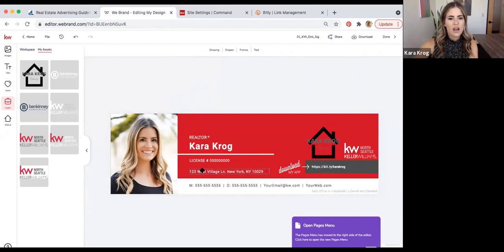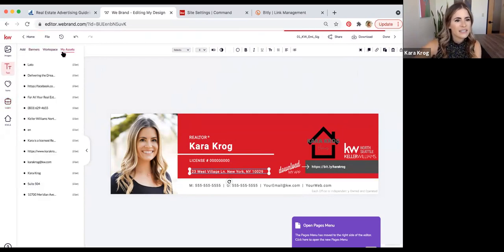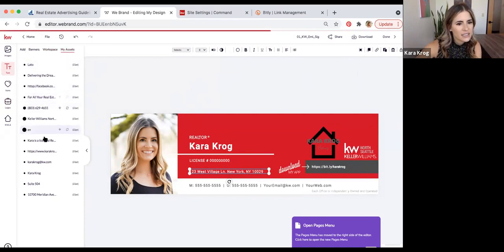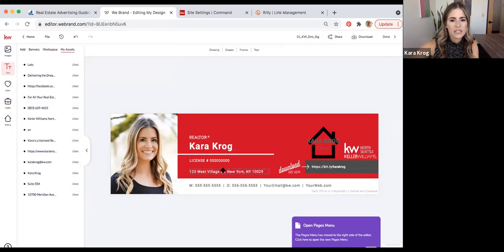And then we'll need our office address. So this is where I can go into that text, go into my assets, and then there's my address. We'll just swap that out. Oh, that didn't work. It's okay. If I have something that doesn't work, I'm just going to delete it.